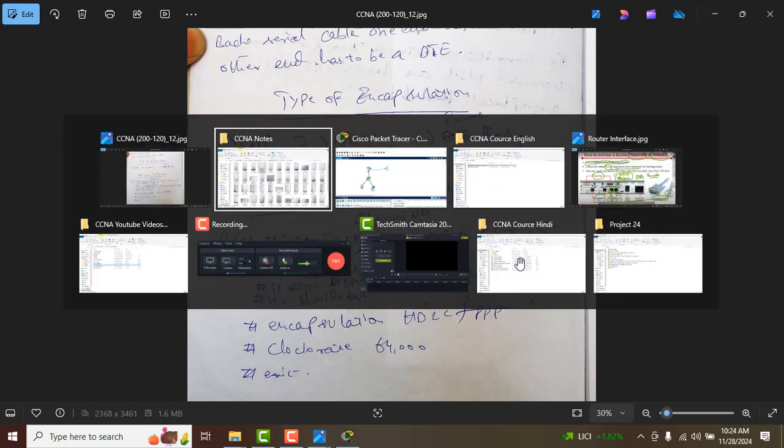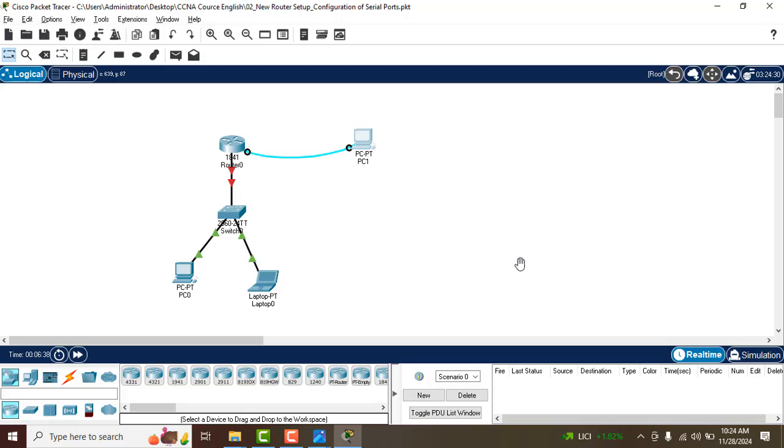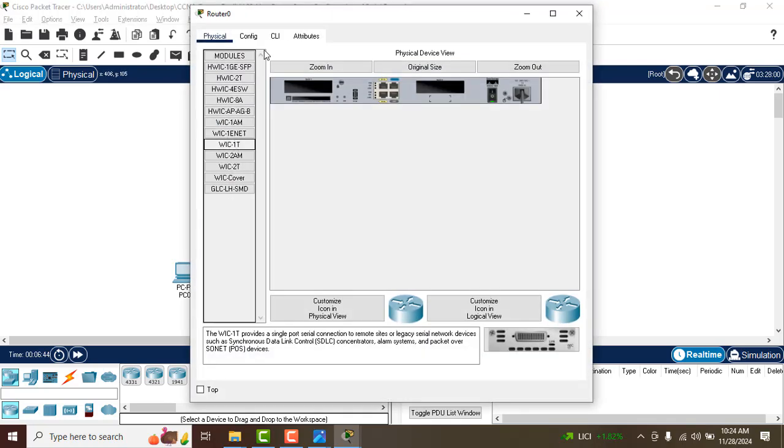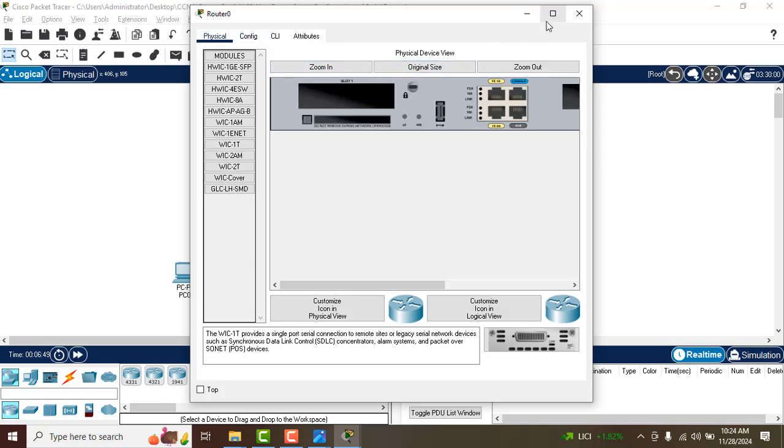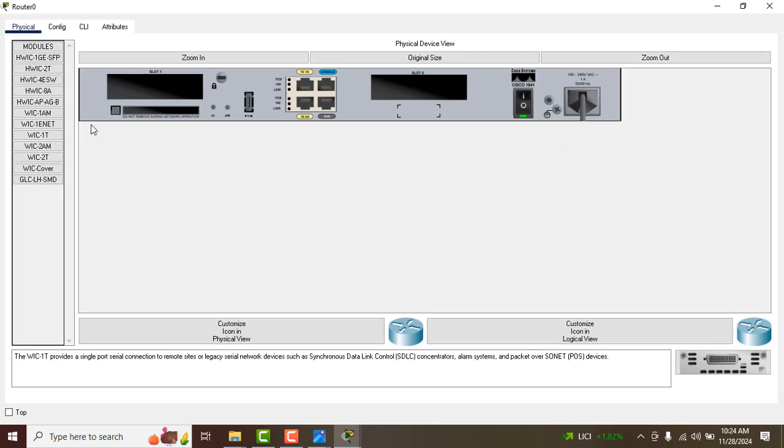So our router is a manageable router so that we can add the ports. So how to add the port, I will show you how to add the serial port. Just click on the router, and you will see this interface of the router. Zoom in, and we need to select HWIC-2T. Remember guys, HWIC-2T. We need to take this